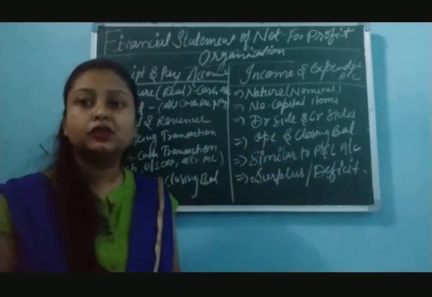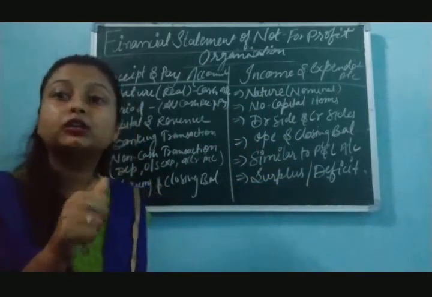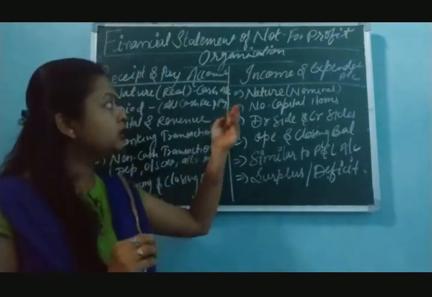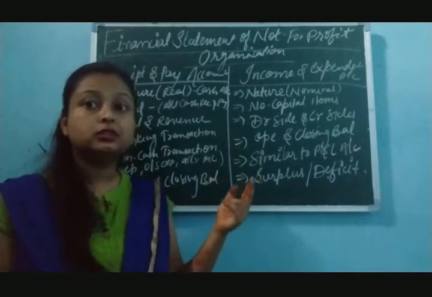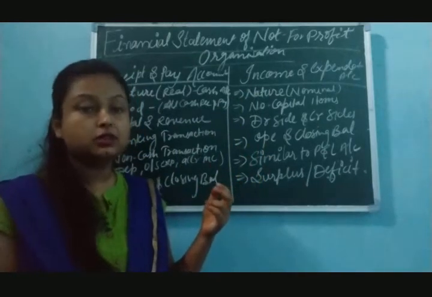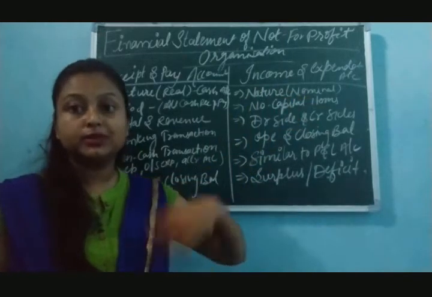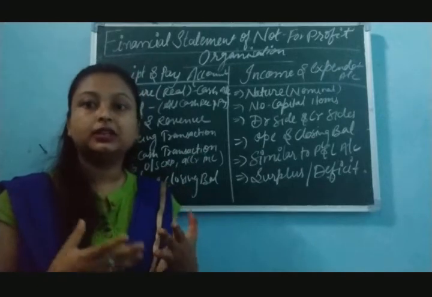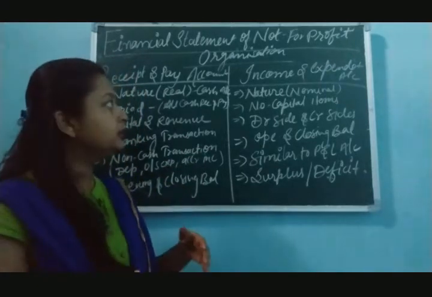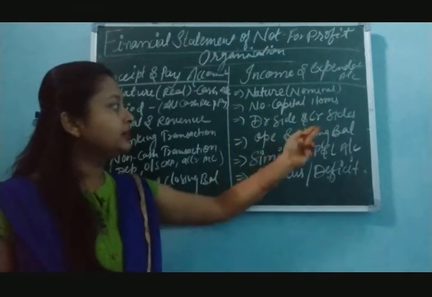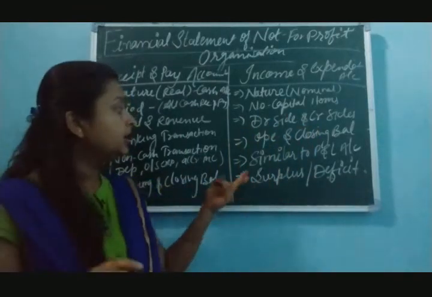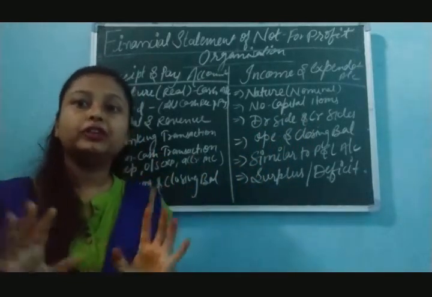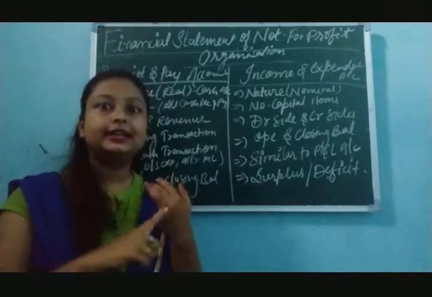Opening and closing balance. What about opening and closing balance? Here no opening and closing balance is there. On the income side, we receive things like subscription and entrance fees, so such things we write down on the income side, the credit side. On the debit side we pay our organization's people, like salaries and rent. All those things we write down on the expenditure side. So on the debit and credit sides, no opening and closing balances are there. It is similar to the profit and loss account we studied in the 11th class, the trading, profit and loss and balance sheet.